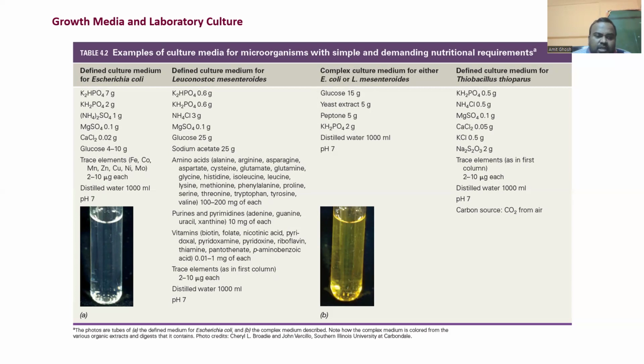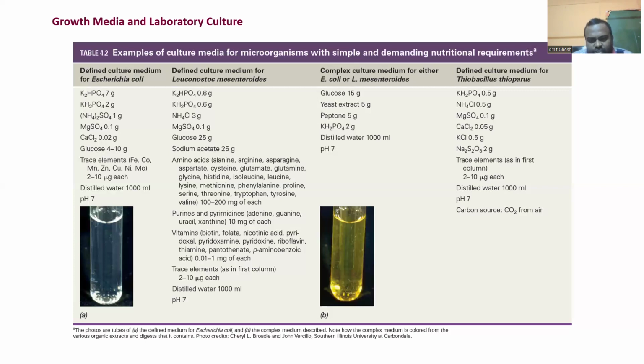But here you can find some similarities, like the pH is the same, but the ingredients are different because this ingredient is very specific for Leuconostoc, as you compare to Escherichia coli. And the next one, as you compare complex culture media for either E. coli or Leuconostoc mesenteroides, you can use glucose 15 gram, yeast extract 5 gram, peptone 5 gram, KH2PO4 2 gram, distilled water 1000 ml, and the pH will be 7, and the media color